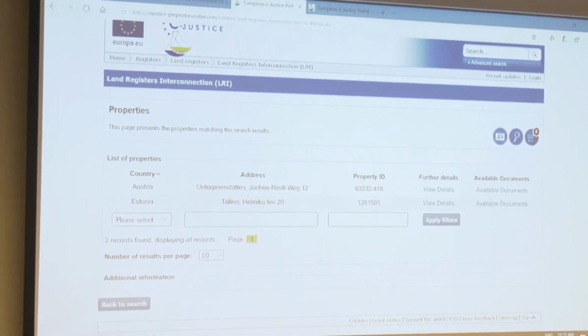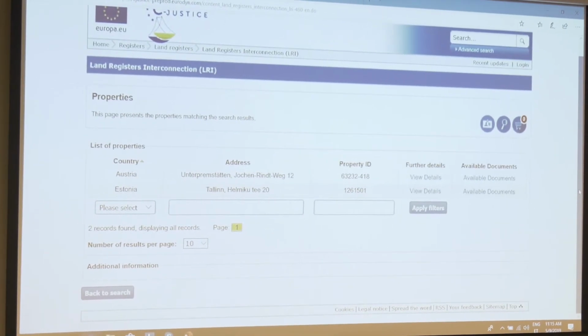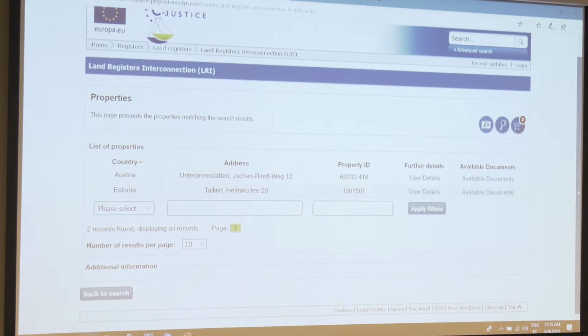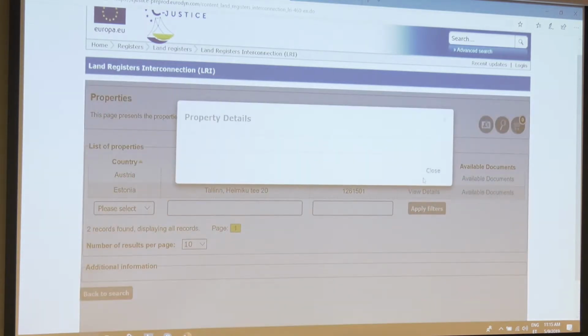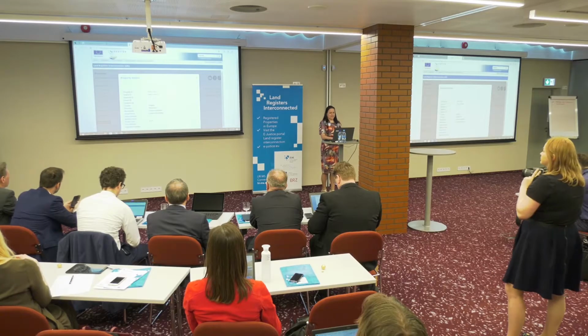If you want to see now whether Kevin really owns those two properties or whether there is somebody else with the same name, unfortunately we cannot prove it, because usually if you want to know more details about the person, you have to pay for it, or you have to have special rights to view. What we can do is go on to view details and have some more information about this property, but not very helpful information.